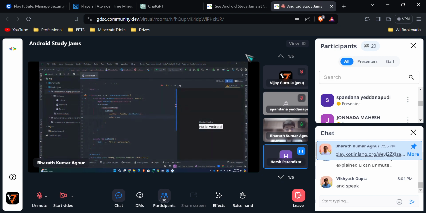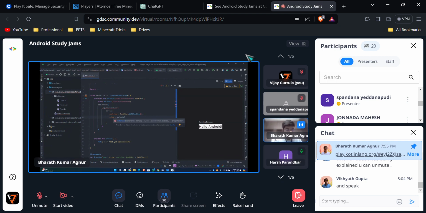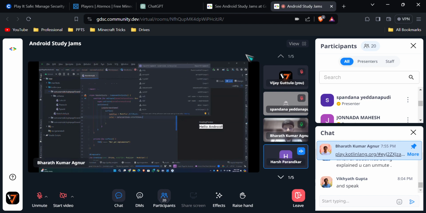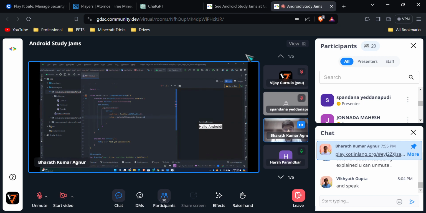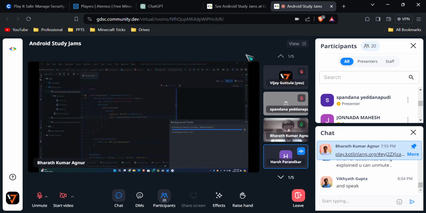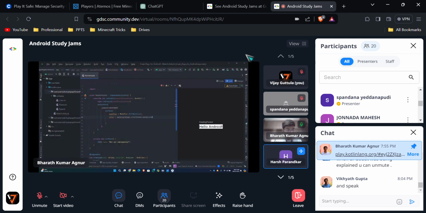Color, you can have MaterialTheme.colorScheme.background. And then after that,